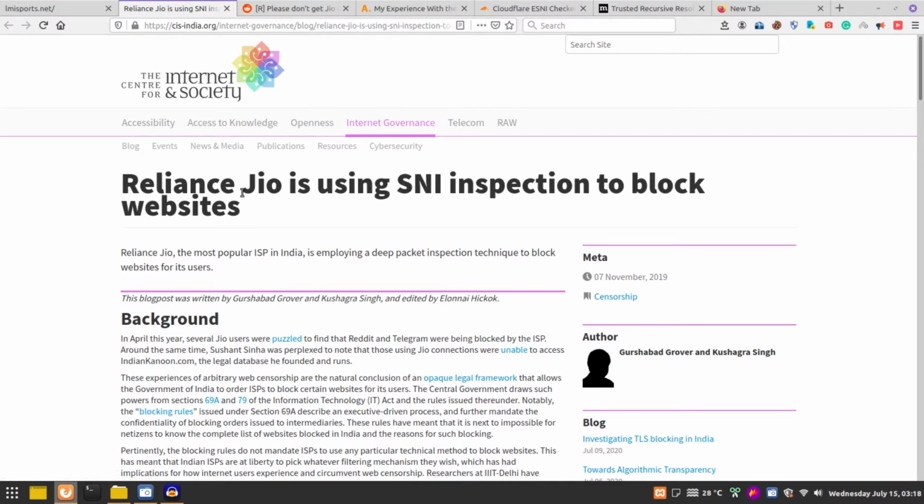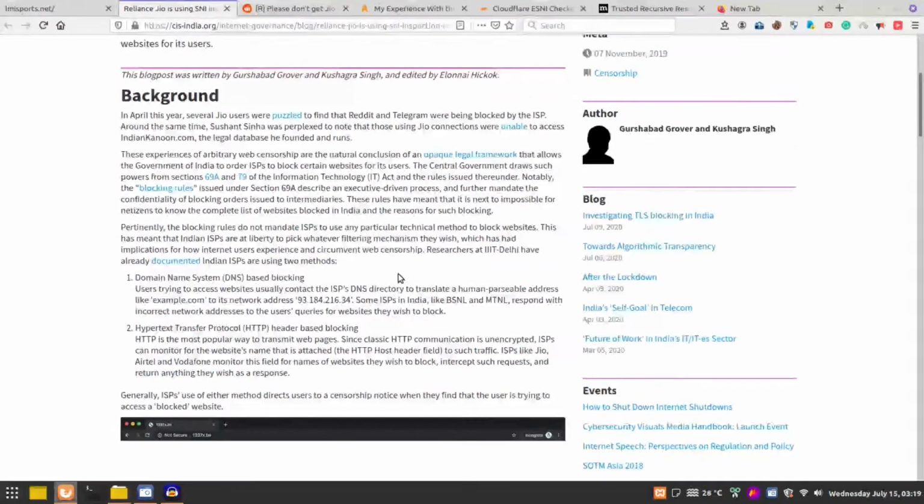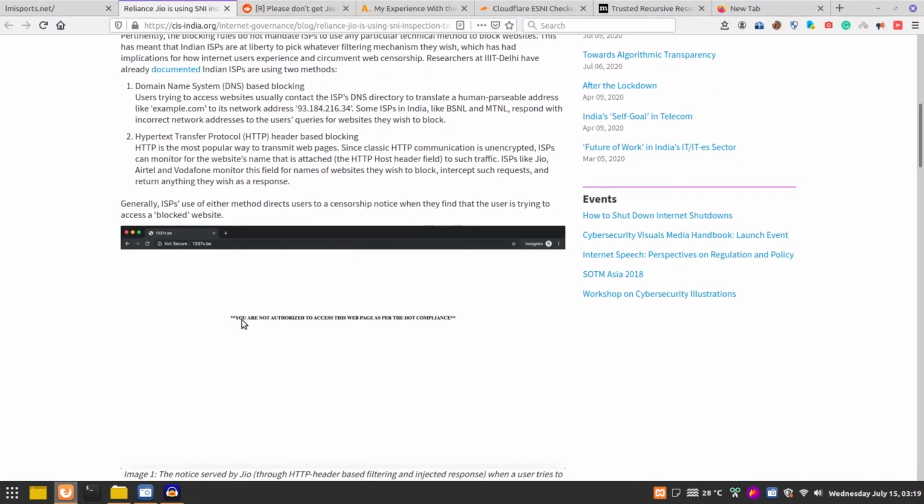Before starting this tutorial, let me share one thing: this trick is applicable only to HTTPS secure sites, and those sites must have implemented Cloudflare security. Cloudflare security means free security. You do not have to pay. If you are a domain or website admin, you do not have to pay anything to Cloudflare, just implement their proxy. So these two things have to be implemented on the site. And let me share one thing: nowadays all the torrent and downloading sites use these free Cloudflare services to secure their websites. So there is no problem, you can unblock all the torrent sites using this trick.